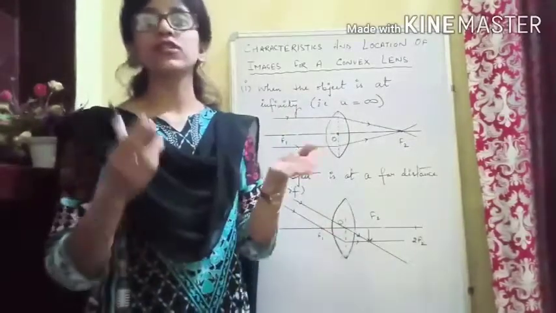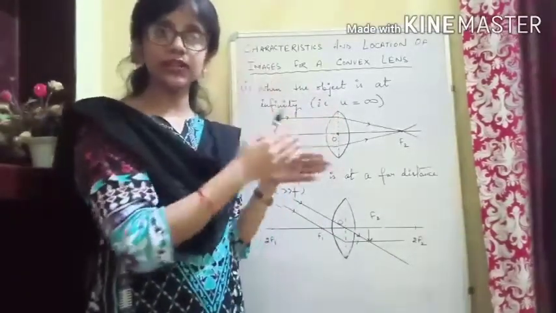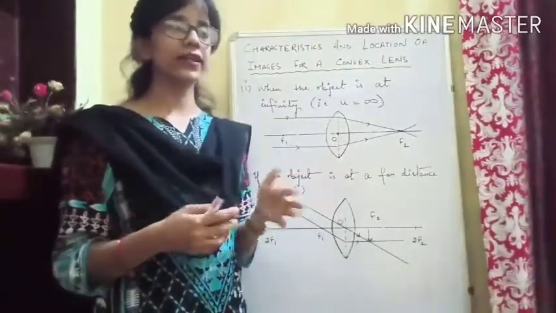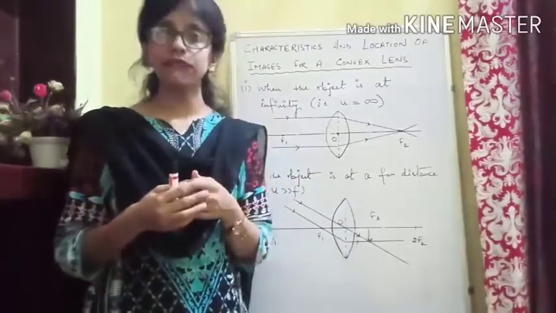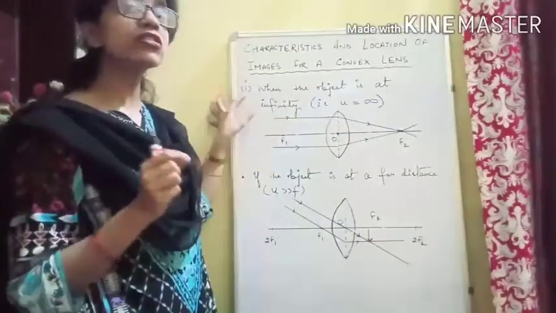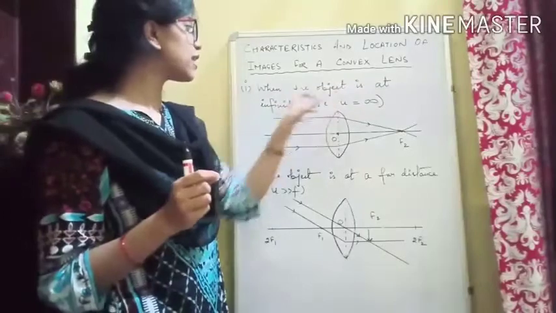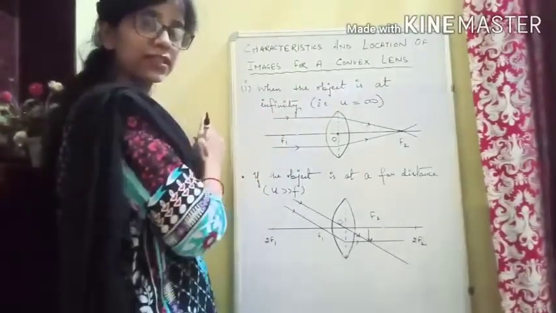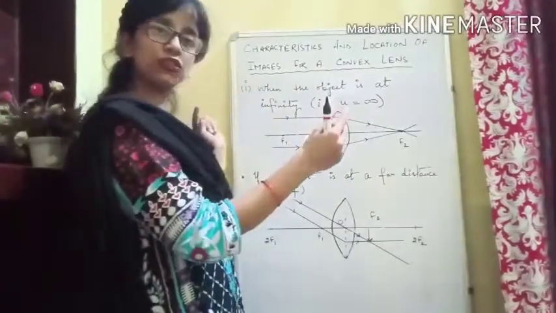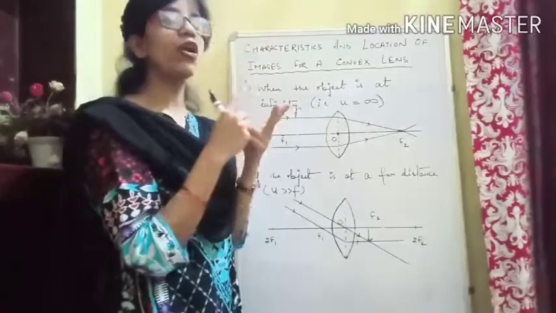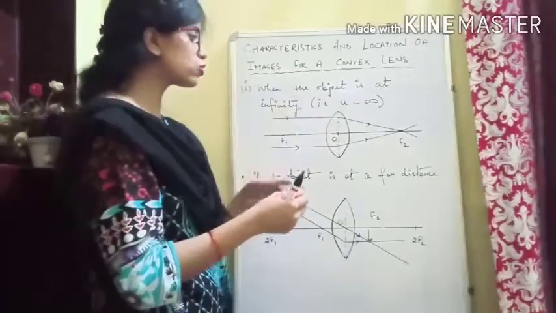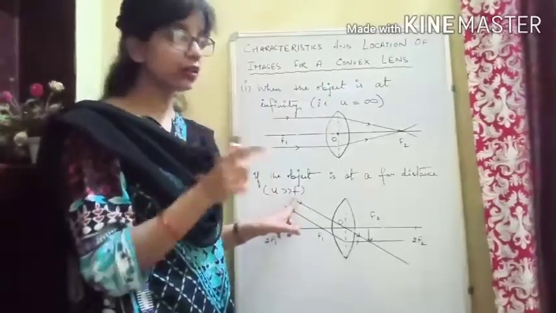Also I have drawn the diagram, you can see from there, and from these three rules we have to take the rays and draw the diagram to see what type of images are formed. So first we are taking the convex lens, and in that the very first case is when the object is at infinity. That means the object we are placing is at infinity. You know that small u is used for the position of the object. Let us recall, small v is used for the position of the image, and small f is the focal length.